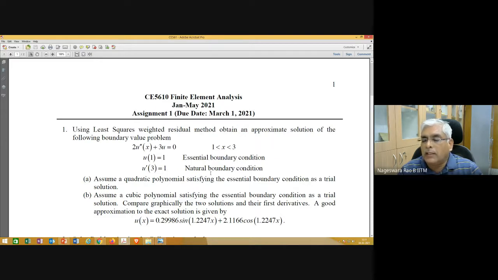That depends on how many unknown coefficient parameters it has. So that boundary residual also needs to be added to the domain residual. What I suggest is you please think about this. We'll discuss this example, or this assignment problem, further as you keep solving the assignments.